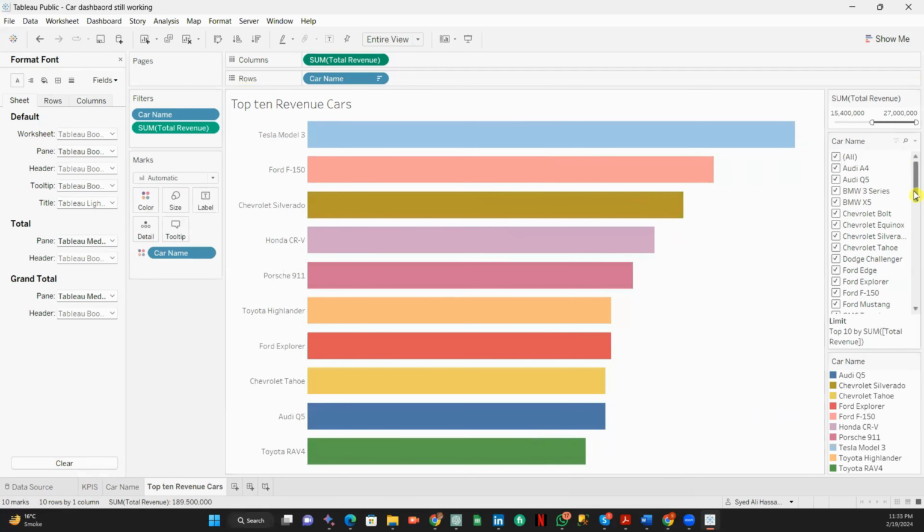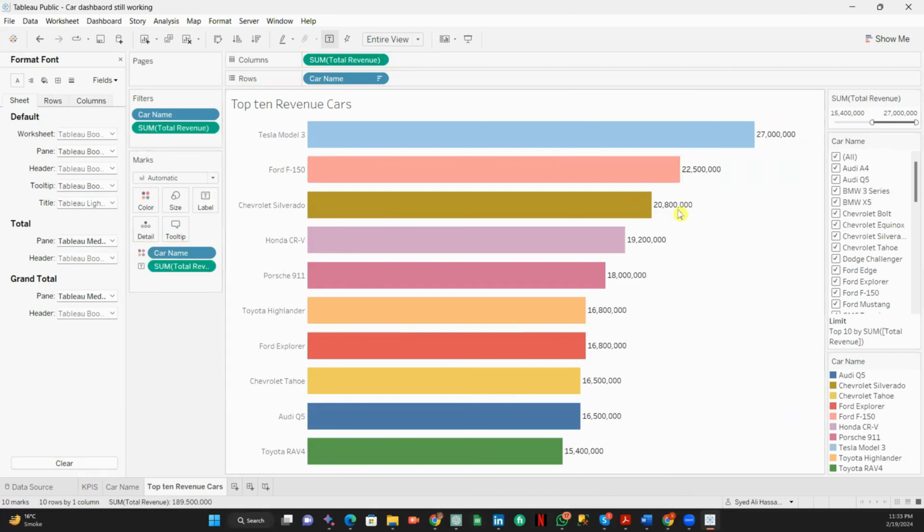Okay, so see, the header is gone now, and also the zero values are gone now. And what we're gonna do, we simply control and pick this and put it into the label. See, and just a little bit I'll do for the number formatting. So how are we gonna do this? We simply go to there